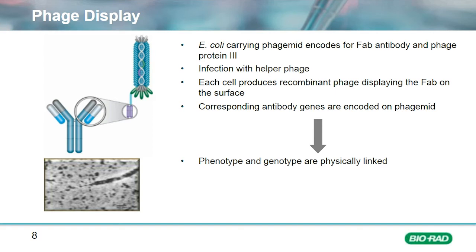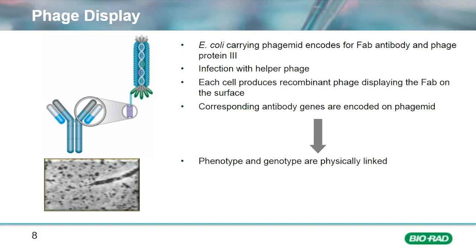Now, as I said, these proteins are functional, so what Phage Display enables us to do is use a process of enrichment called biopanning, whereby the antigen of interest, or the customer's protein target or target of interest, is immobilized. The entire Phage Display library is added to the immobilized antigen. The non-binders are washed away, the binders are recovered, they are then propagated, harvested, and the process is repeated over